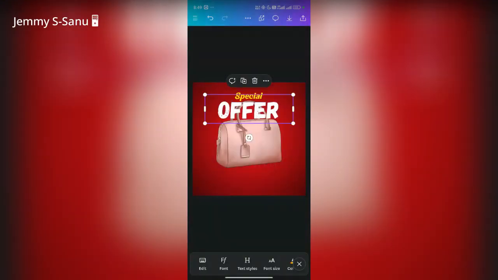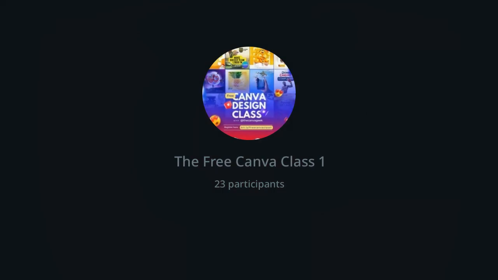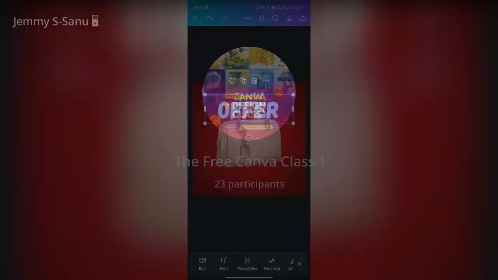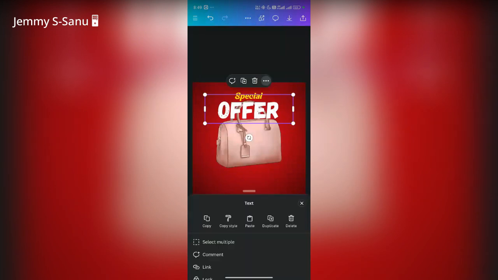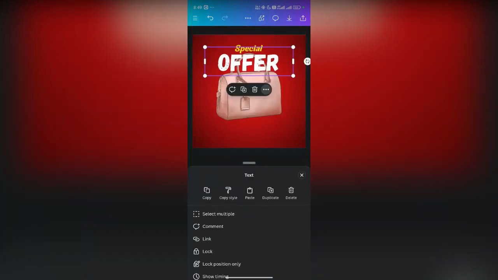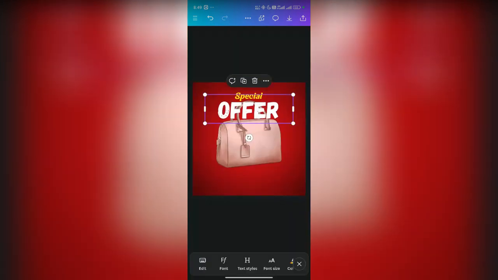So now we are going to push this to the back. When you click on it, like I said, all these four icons will show: the comment, the duplicate, the delete. Then when you have more, these three dots, you click on it, and then you will see, okay, it's no more here. Yes, they recently changed this. So when you click on that particular